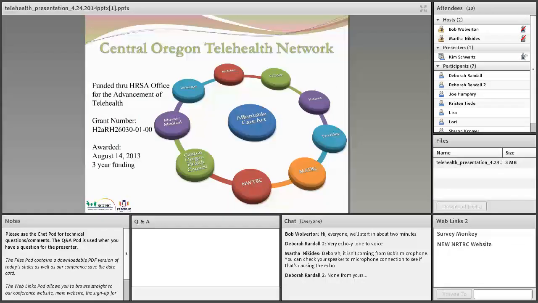Next slide talks a little bit about the Central Oregon Telehealth Network. So, of course, the ACA is at the center. You can see all our partners in there. And this is a 3-year project that we hope to be able to cross the data across multiple sectors, and also be able to have some good decision-making and integration with electronic medical records for the primary care provider and the patient. So we are actually going to Oregon next week to do our second site visit, and meet with the analytics and IT teams of the partnership of the ACO, CCO there, and work on some discoverable items that we can address the issue.